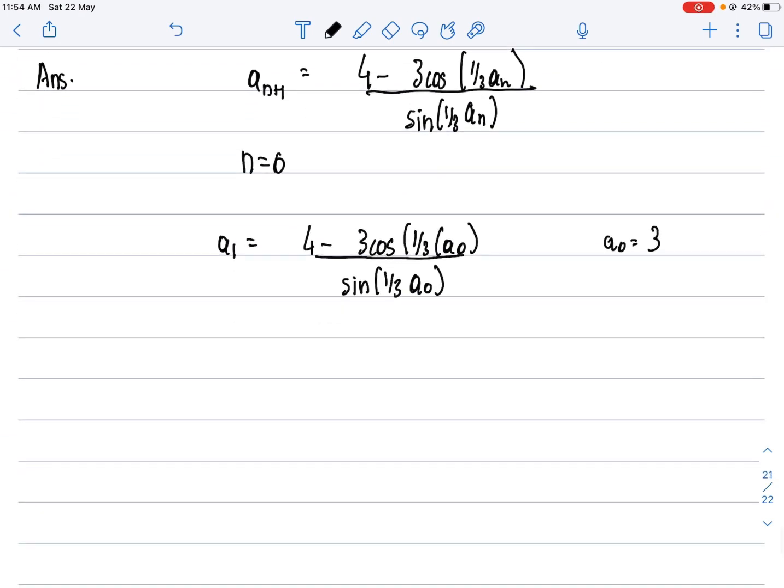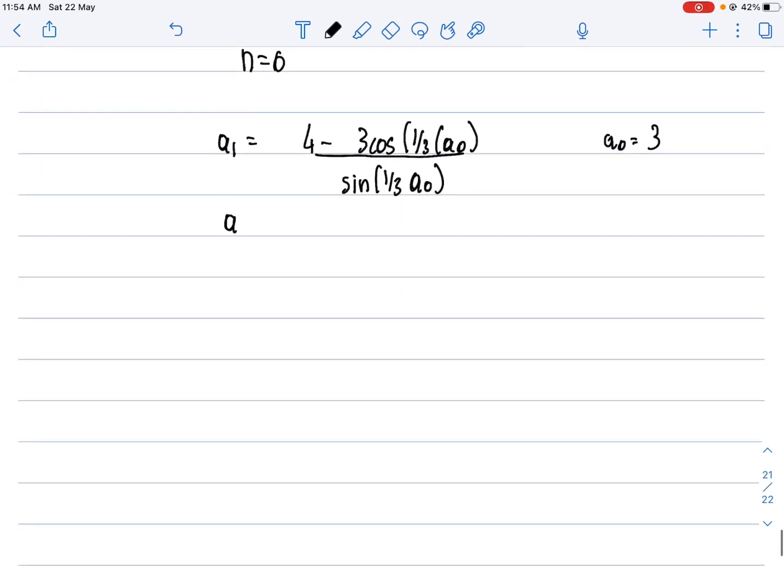Let's take 3. So I write this as 4 minus 3 cos 1 over 3 into 3 over sine 1 over 3 into 3. When I solve this on the calculator,